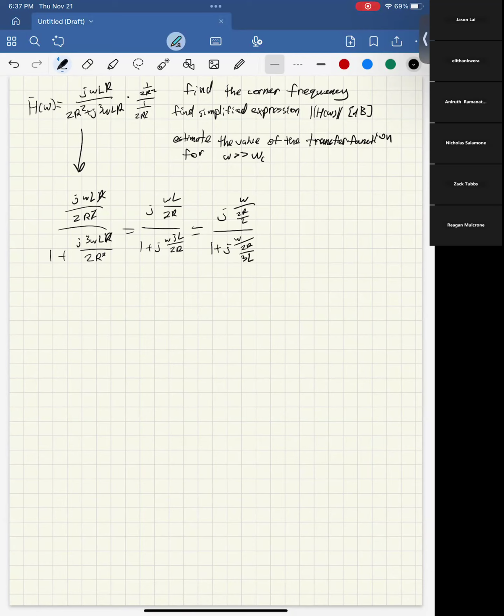So then what we'd say is the corner frequency for this would be just the lowest one. And in this case, 3L is going to be a bigger number than L. So if this is corner frequency 1 and this is corner frequency 2, corner frequency 2 would be less than corner frequency 1. So then, oh no, actually what it